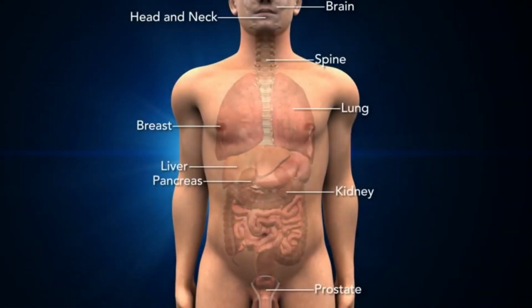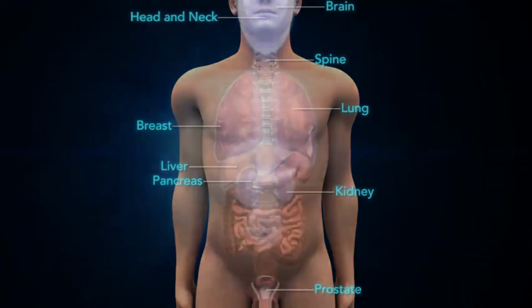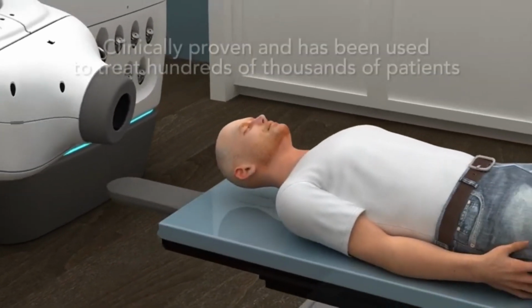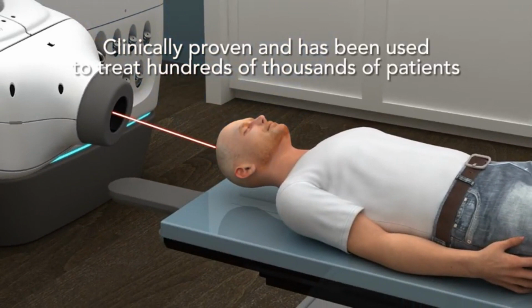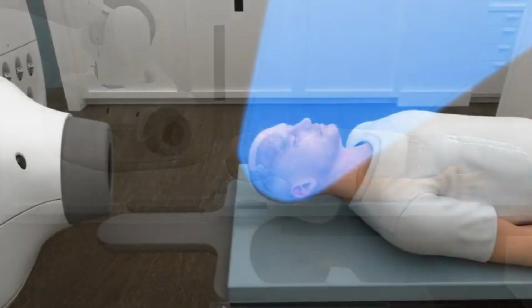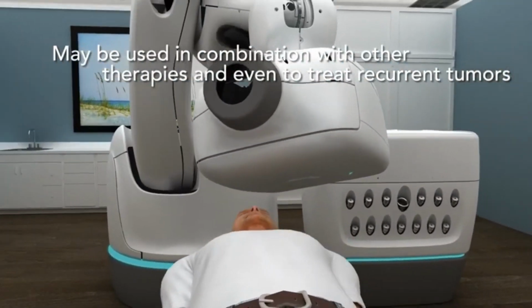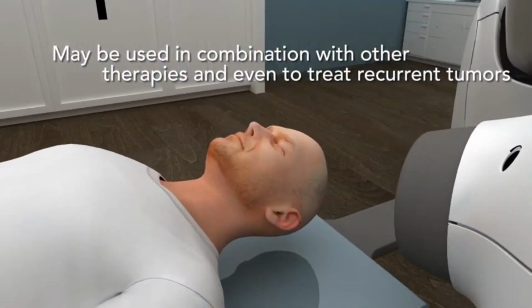The sub-millimeter accuracy with which the CyberKnife system delivers radiation to brain tumors can also be applied to tumors of the head and neck, spine, lung, breast, prostate, liver, pancreas, kidney, and more. The CyberKnife system is clinically proven and has been used to treat hundreds of thousands of patients. It is also safe and effective when used in combination with a variety of other techniques, giving new hope to patients with recurrent tumors, even those which